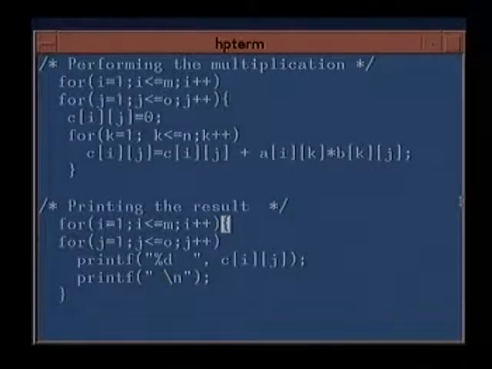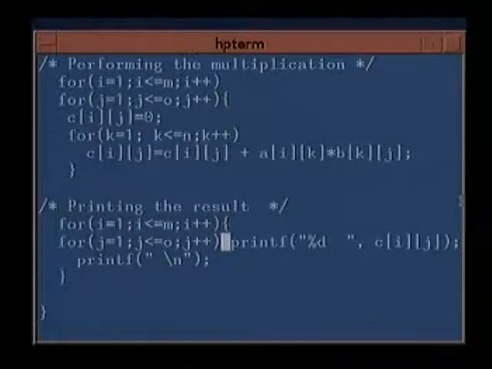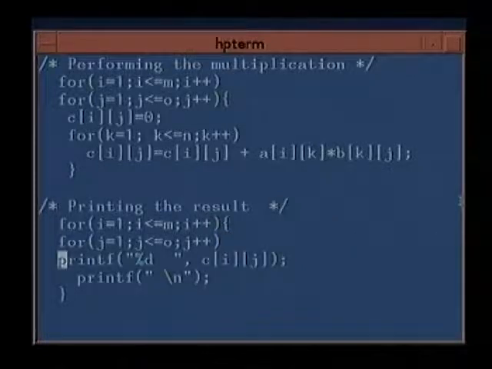I is 1 to M, J is 1 to O. And after every row, see, this statement means from here to here. So this is a block. This block contains one for statement, which is this. You can write it in separate lines, but this is how it is. This is one for statement. For j equal to 1, j less than or equal to O, j plus plus, you print this. And at the end of this whole loop, you print a new line. Even if you write it this way, it does not matter. The brackets actually take care of what your intention is.